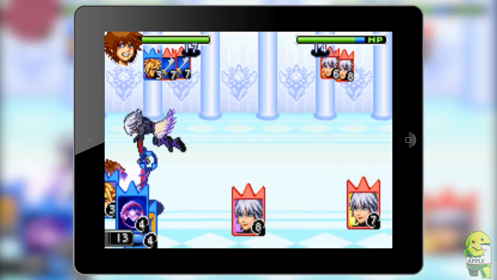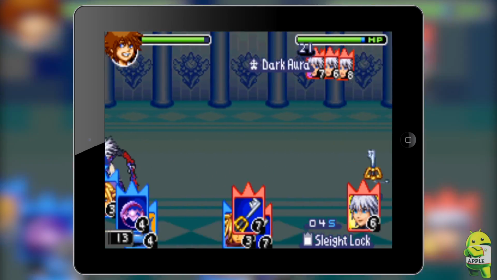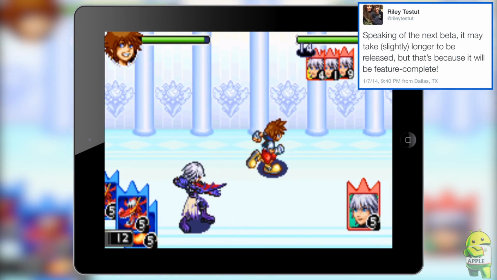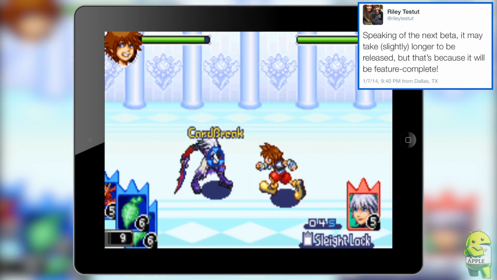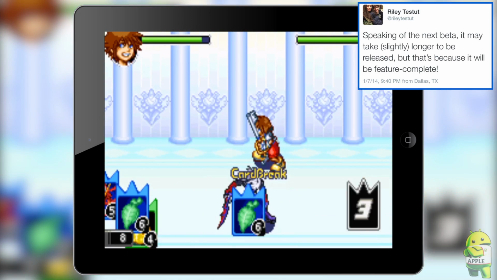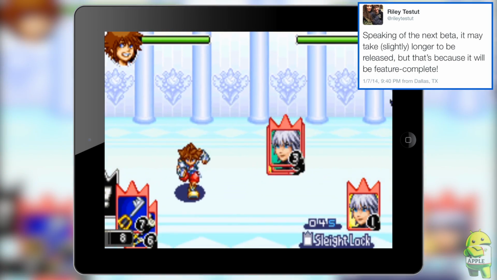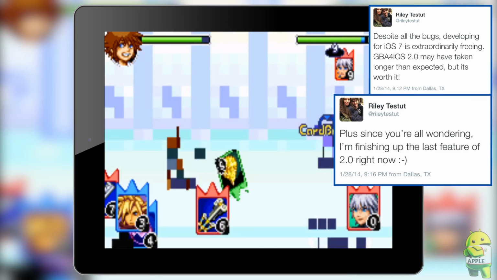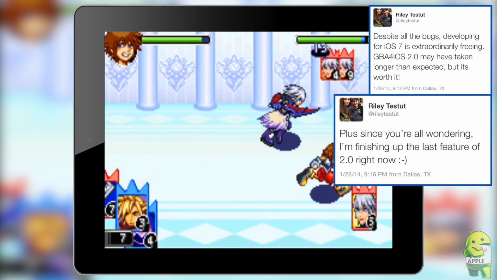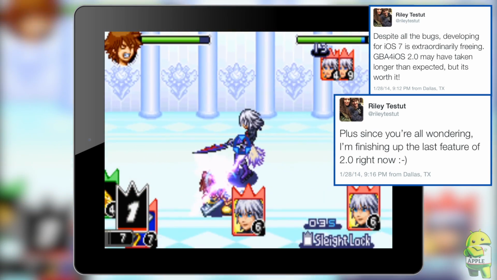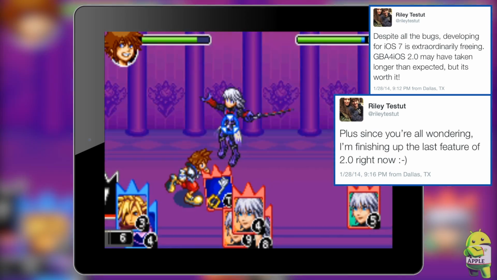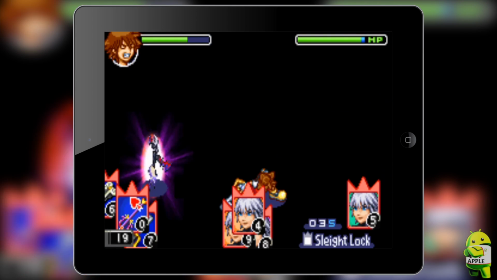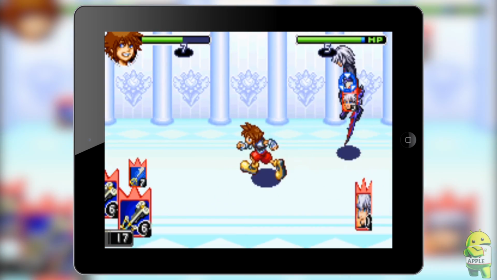Development of the actual application is almost complete. We can see here one of Riley Tested's tweets where he said he's almost done adding all the full features to the application and will be releasing it to beta testers soon. And in another tweet you can see where he says he's adding the last feature of GBA4iOS 2.0 into the application and will be giving it to beta testers soon. So the actual development of GBA4iOS 2.0 is almost complete, but there's one more thing to be done, and that's